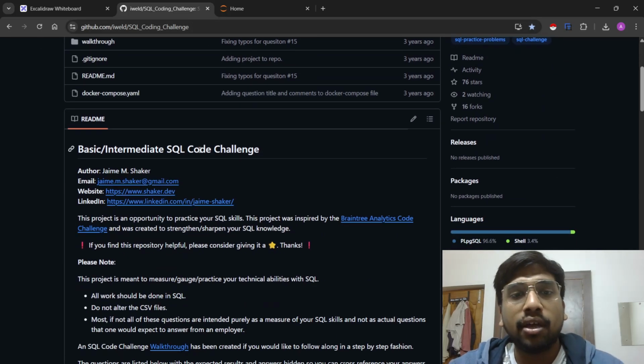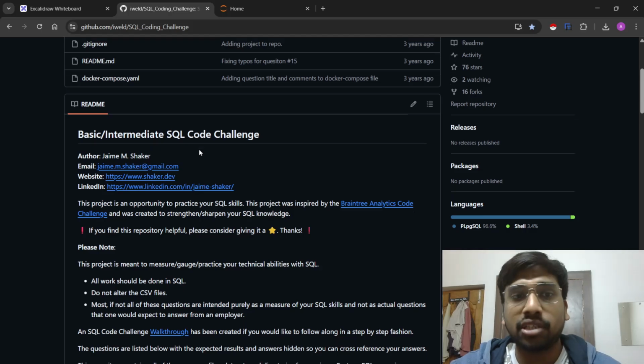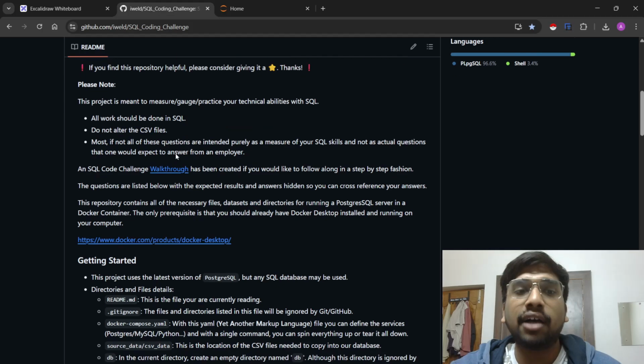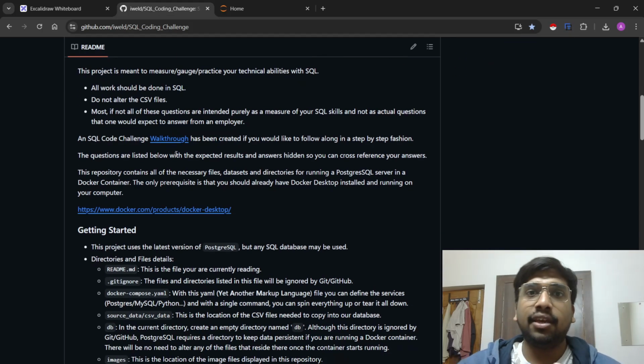Now, as per the instructions given by the author, James M. Shaker, he has asked us not to make any changes in the original datasets, but since I'm a beginner, I didn't know how to do data cleaning in SQL, so I did it in pandas first.